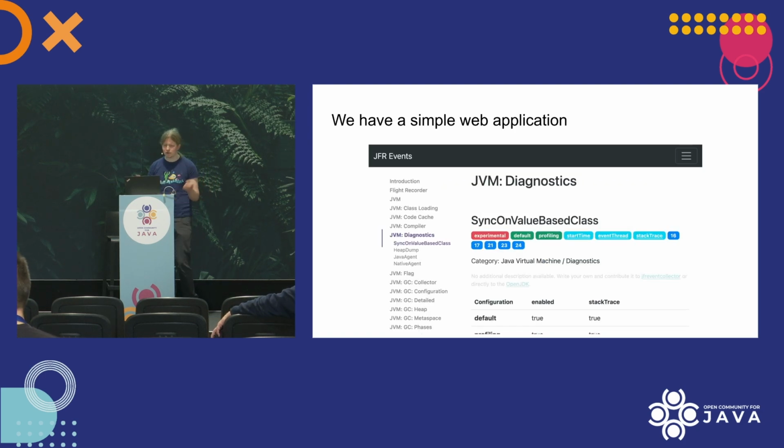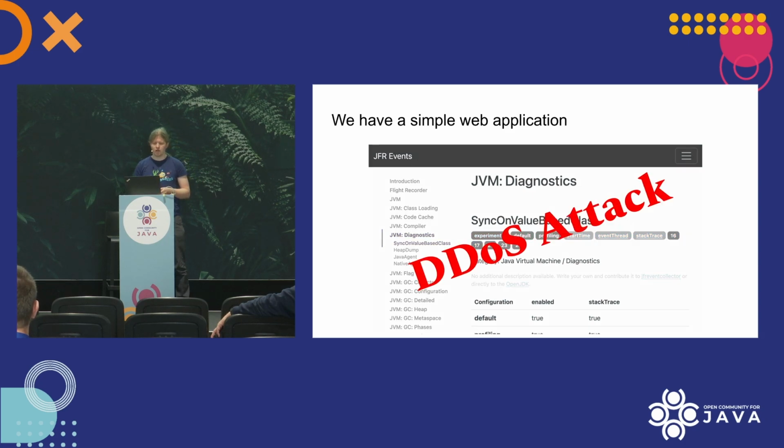So consider you have a simple web application like this here. It's my JFI events application on the web where you can easily see all the JFI events. And consider that now your web application is under DDoS attack. So there are a few simple ways to deal with this, and one way is